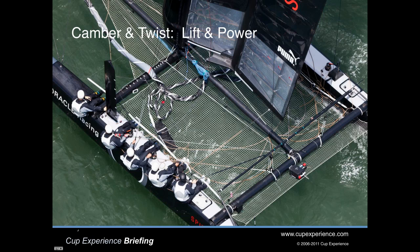So first of all, here's a picture of one of the Oracle boats in an early phase of training, and you can see that the wing is set up. We can see that there's one element of the wing here and a second element of the wing here that's at a bit of a different angle. That angle is actually the camber, and the camber is what helps us to generate lift and power. And then we use twist, which we'll talk about in a little bit, and how we control that to actually